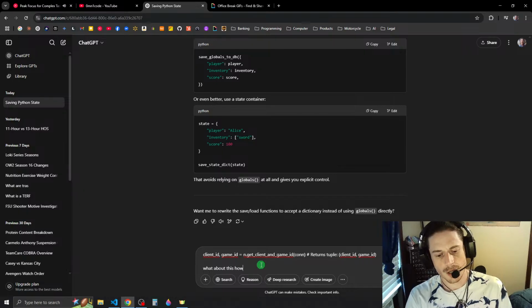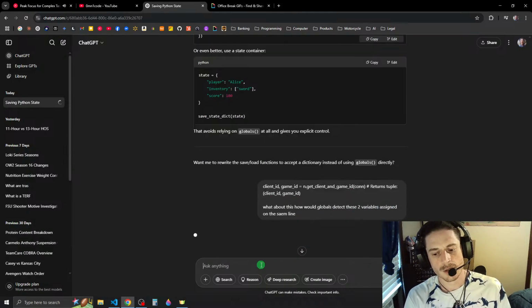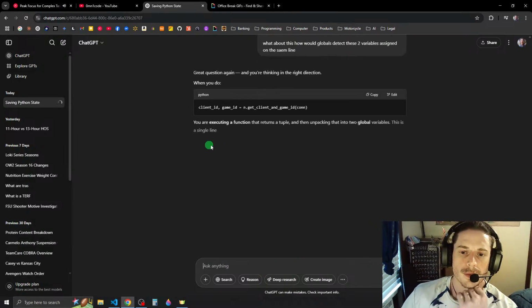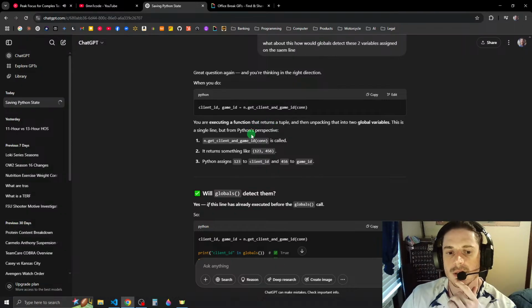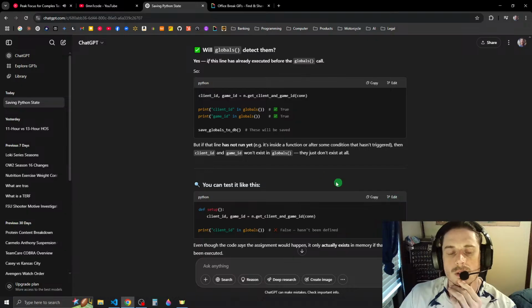What about this? How would globals detect these two variables assigned on the same line? When you do client ID, game ID equals something like 1, 2, 3. Yes, if the assignment has already been executed before the globals call, it would interpret them 1 to 1.